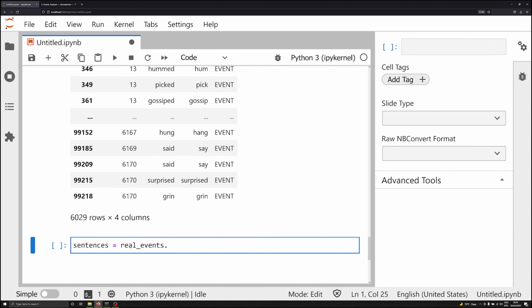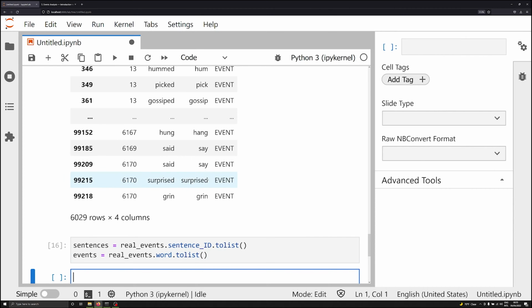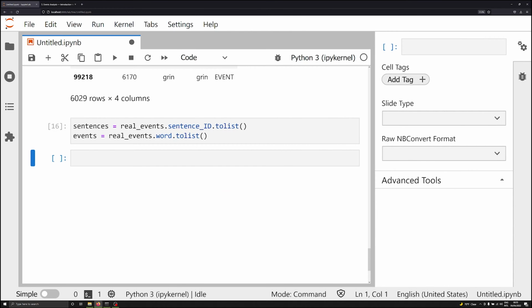So I'll say real events.sentenceid.toList. This gives me a list of all the different sentences and the sentence IDs, and we'll say the events is equal to real events.word.toList. I'm converting these into a list for this video and for the textbook because I think it's a little easier to follow along if you're not familiar with pandas, if we just kind of parse everything as an actual